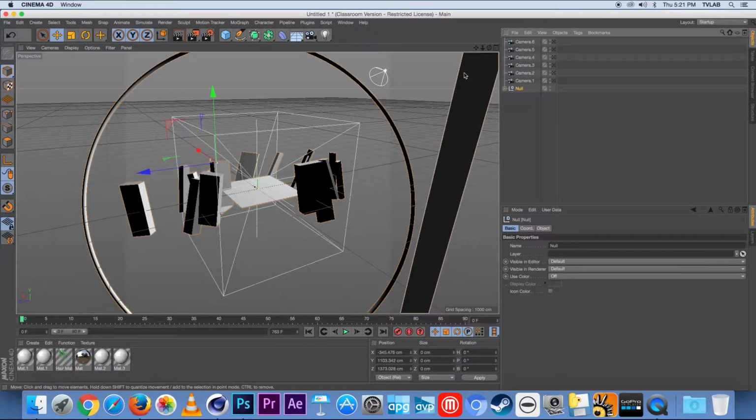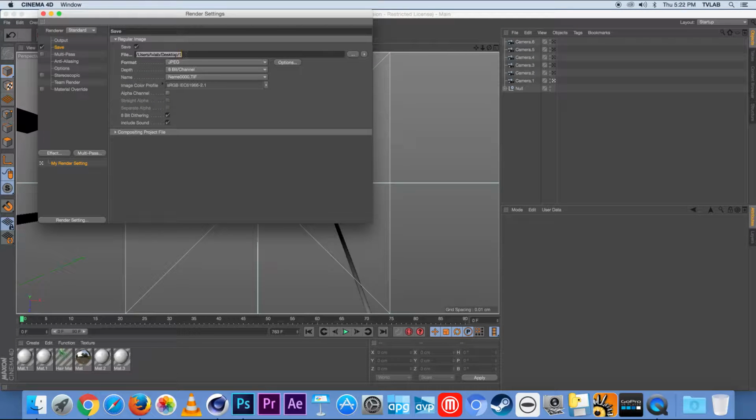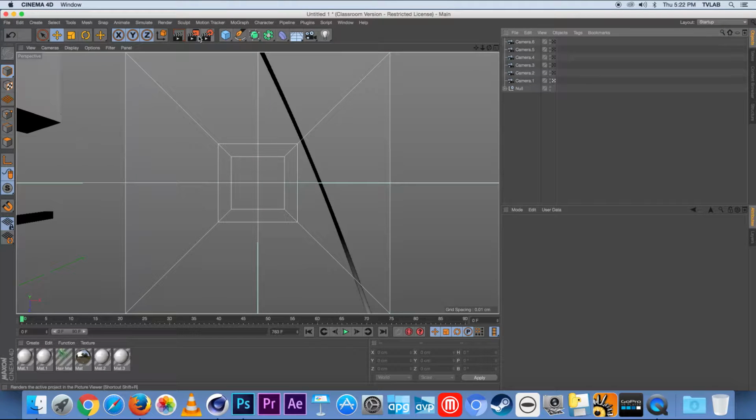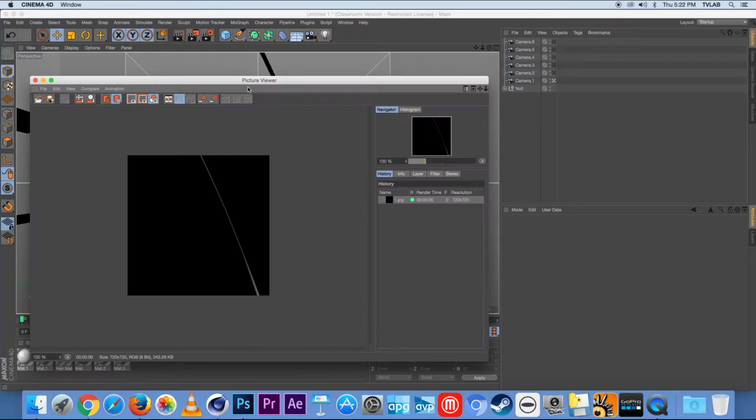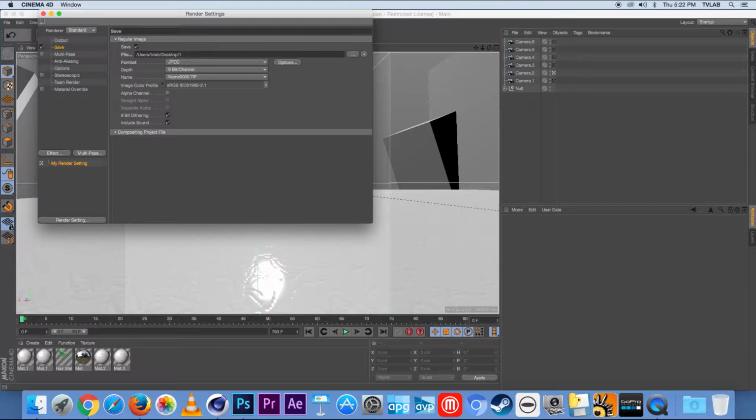Everything looks good. So to get started on rendering, I will turn one of the cameras on and go to the render settings. I'll just save it to the desktop to make things easy, and then click render. If you're working with video, it helps to set up a render queue because if you have 6 scenes to render, it takes an awful long time to